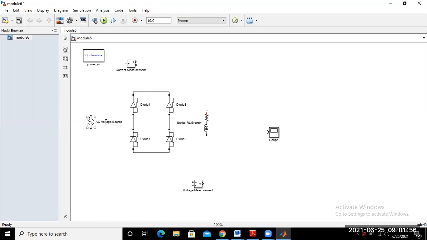And now we just want to connect the source. So as already mentioned, diode 1, diode 3, diode 2, and diode 4. Okay. So it's connected up to this point. So you may move this block to the upper part. Okay. This way.